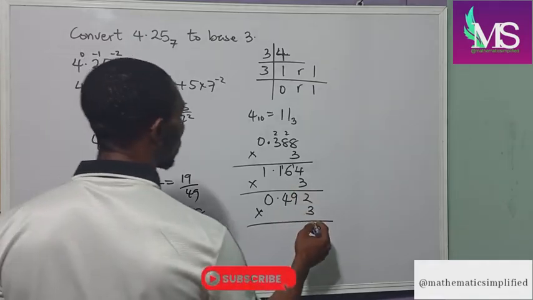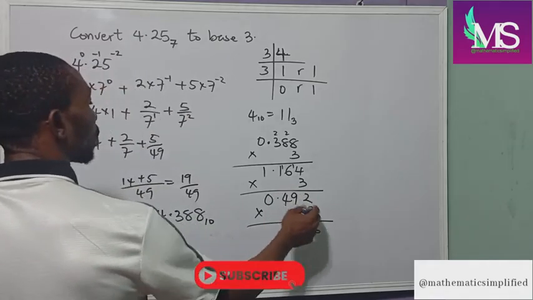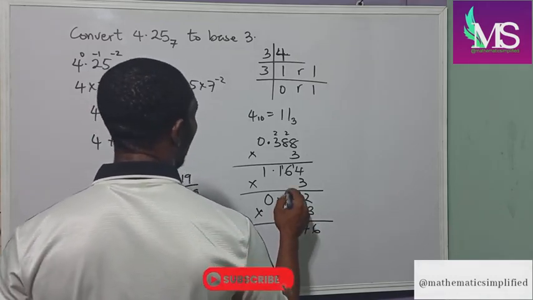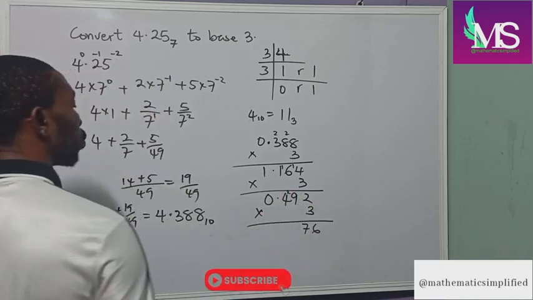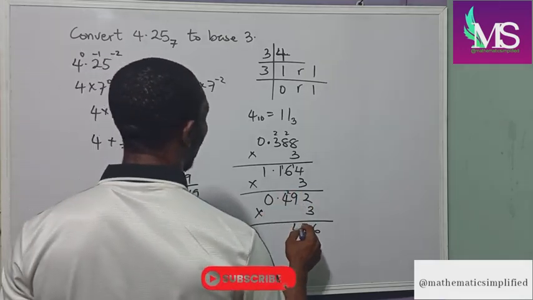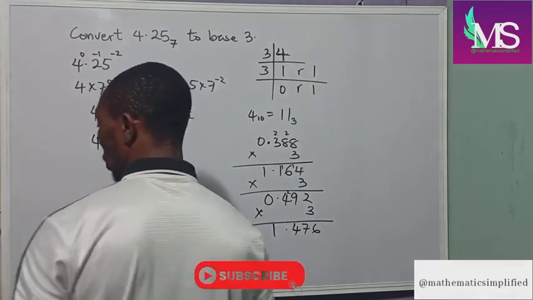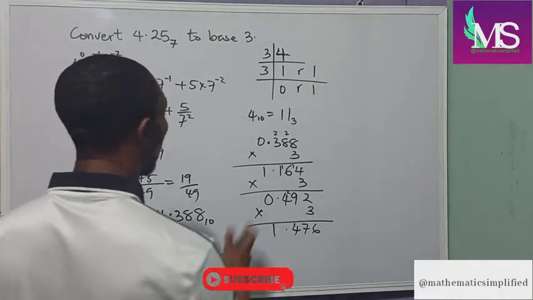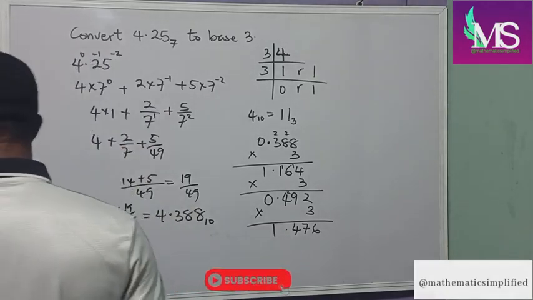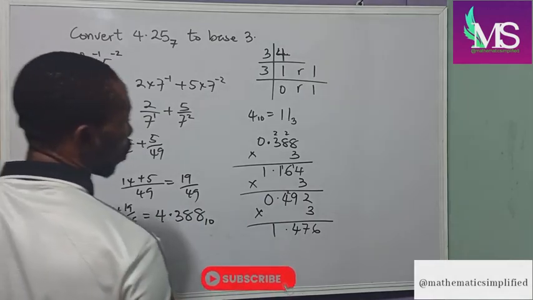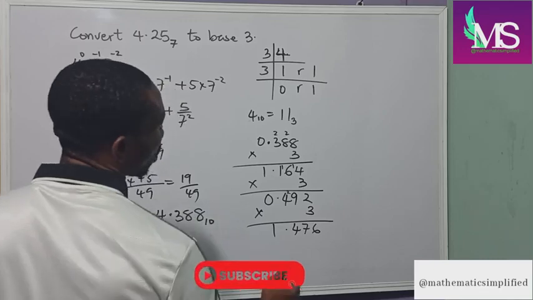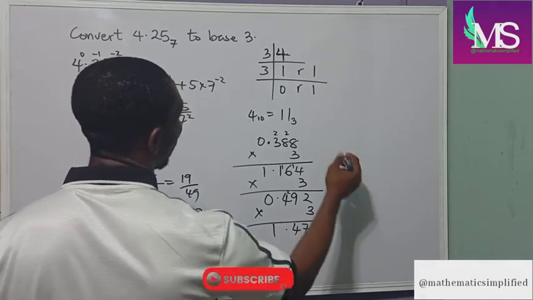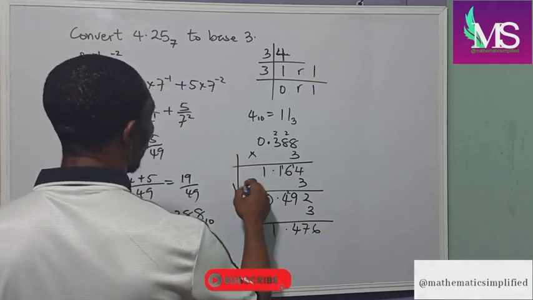Okay, 3 times 2, 6. 3 times 9, 27. We write down 7, carry 2. 3 times 4, 12, 13, 14. Write down 4, carry 1. Okay, we can decide to multiply again, or we leave it in this way. Either way, we are still correct. So if we leave it in this manner, our reading will come down as